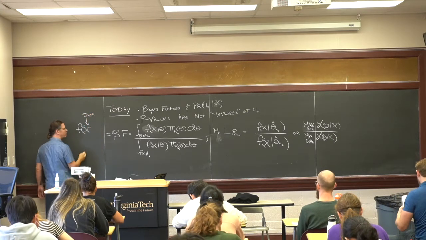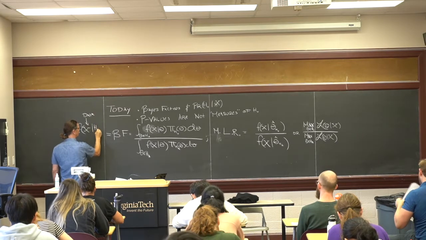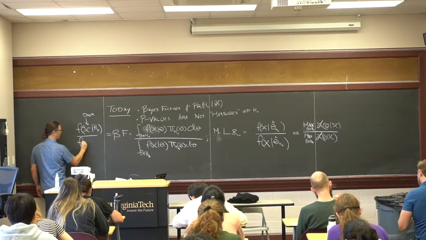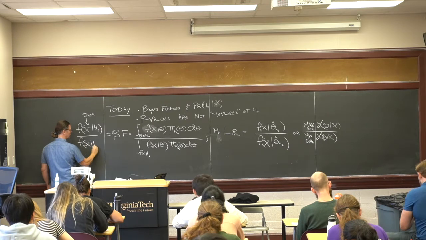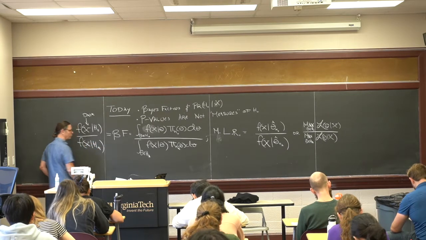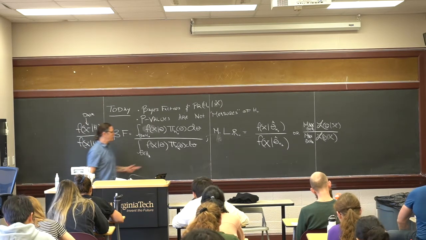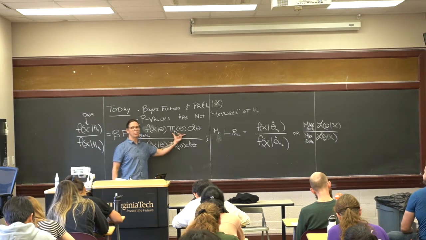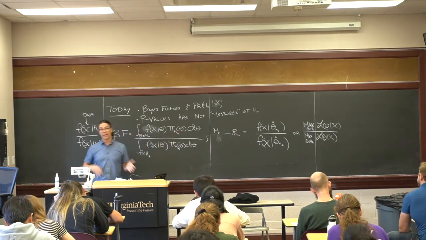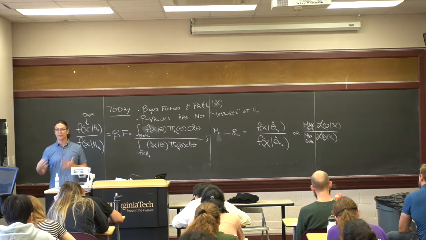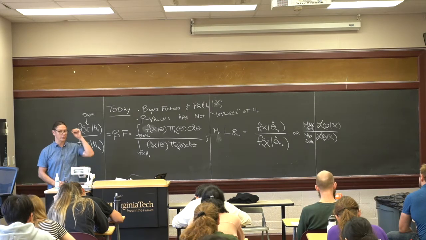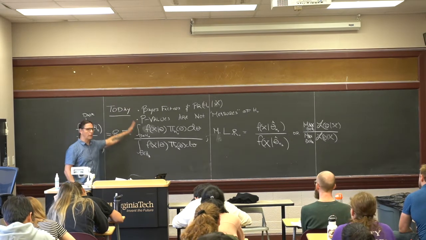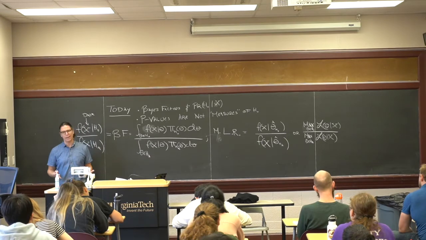So this is your joint model, conditioned on H naught, divided by f of x, conditioned on the alternative hypothesis, where I've integrated against some priors that are weighting how much I value thetas in the null space versus the alternative space. This is true in general, regardless of which type of hypothesis test